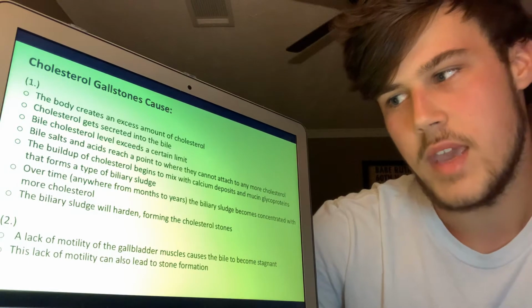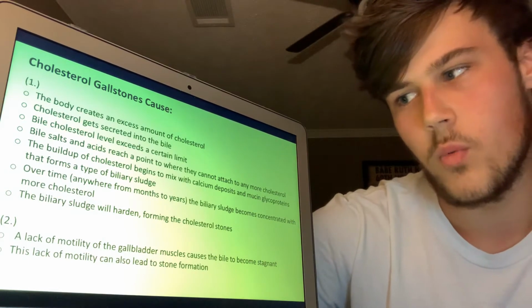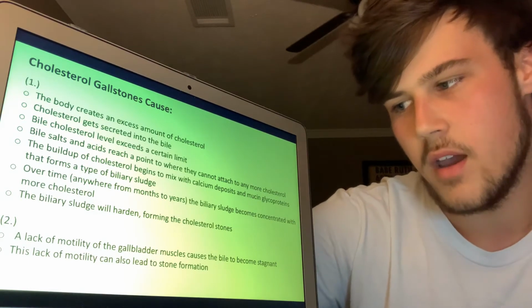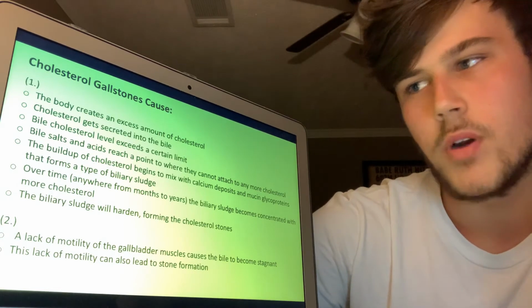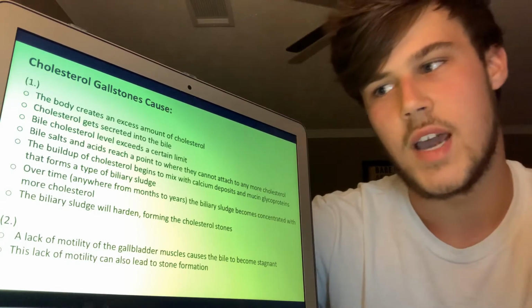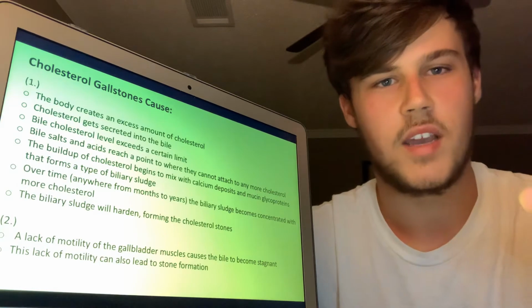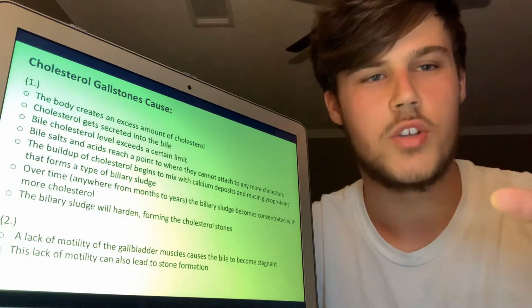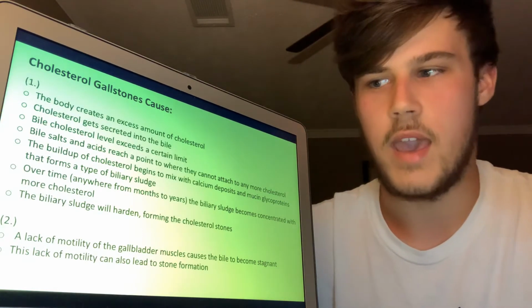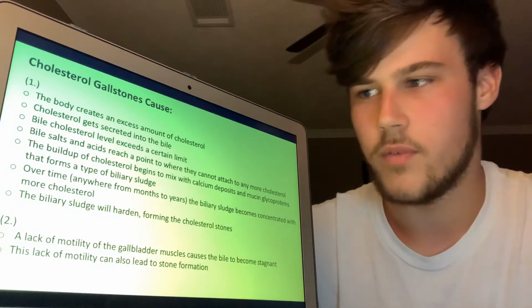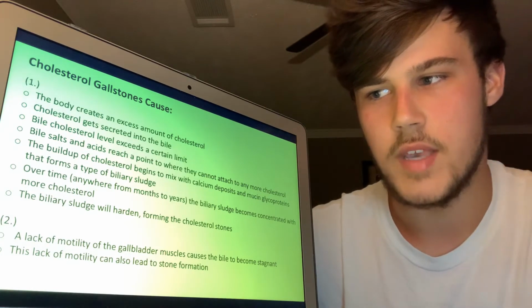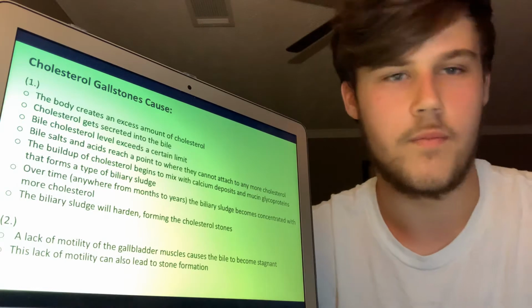It builds up and mixes with calcium deposits and mucin glycoproteins, and over time this turns to a sludge type stuff, and over the course of anywhere from months to years, this hardens up and eventually forms